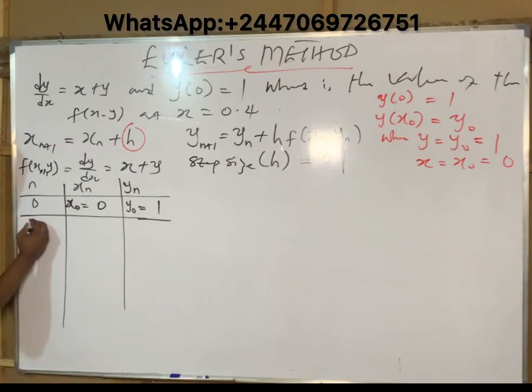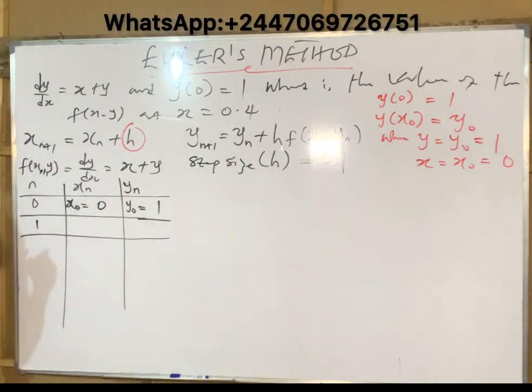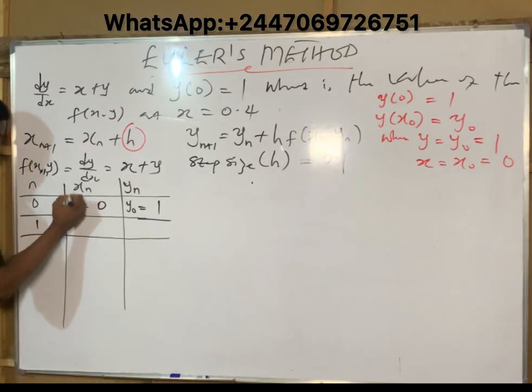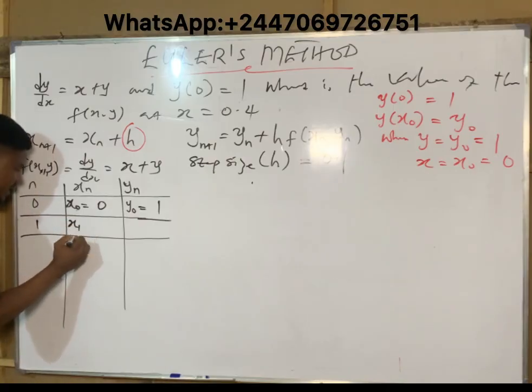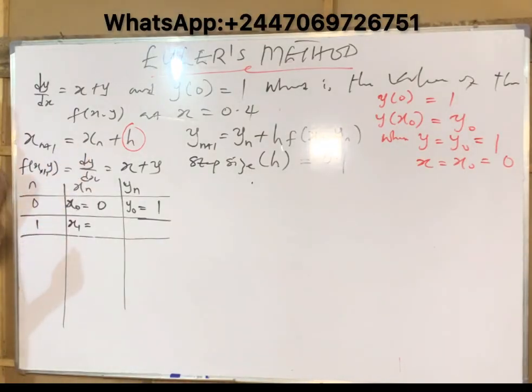Next, we consider when n is equal to 1. What is now going to be the value of xn and yn? So when n is equal to 1, it means my xn becomes x1. Now, what is x1? x1 simply means I will fall back to the equation for x and plug in the previous values. So that's why it is called the successive value of x, which means the next value of x. And those next values are obtained by imputing the previous values of x into this equation and adding it with